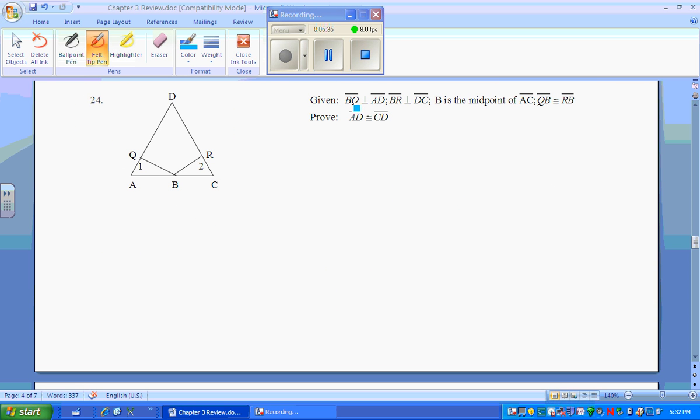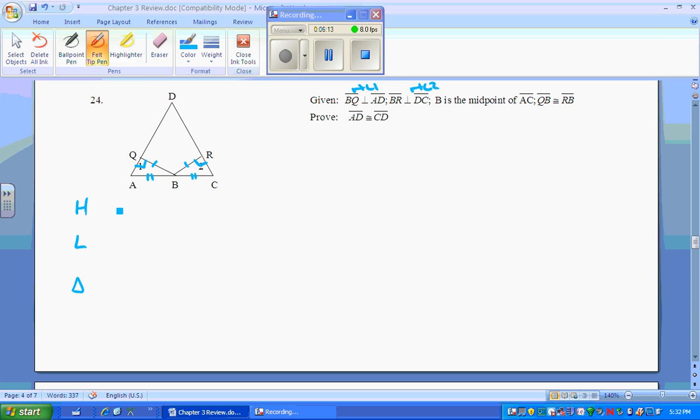24. We got BQ perpendicular to AD, causing a right angle at 1. BR being perpendicular to DC, so that's a right angle at 2. B is the midpoint of AC, causing these two pieces to be congruent, and then QB being congruent to BR. Well, you notice you can put these two triangles together. You look at it, and across from angle 1, AB is marked congruent, so that is the hypotenuse. So you know this has to be HL,